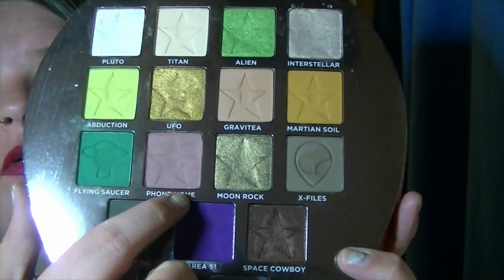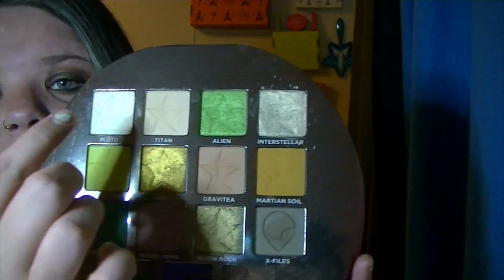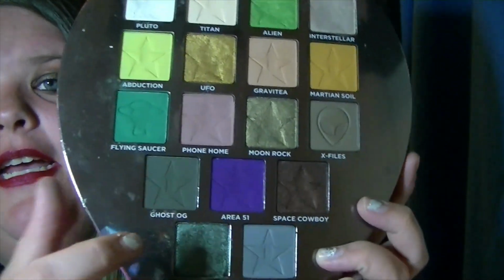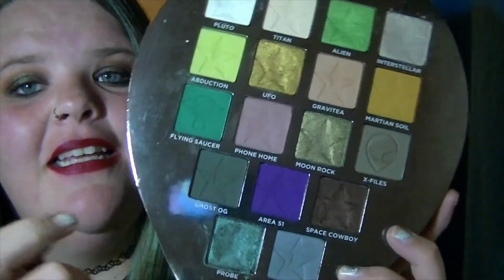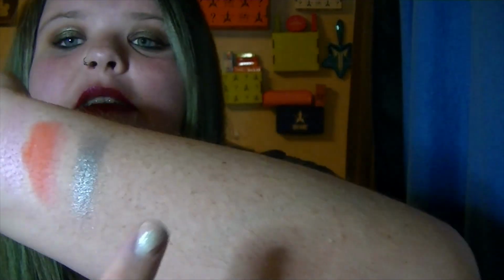Phone Home is one of my favorites. UFO is awesome. These three right here are good for lid colors or highlight colors. This one's pretty freaking awesome too, and all these shimmers in here are amazing. This black is pretty good too. But I think the two that I'm gonna choose are Area 51 and Probe. I don't think I have any other palettes that have these kind of colors, and they're freaking amazing. So here's Area 51,